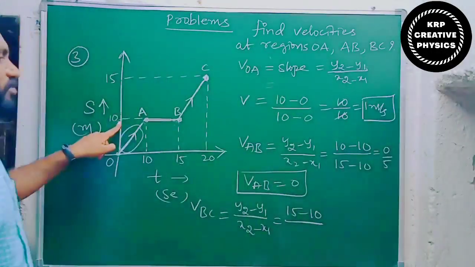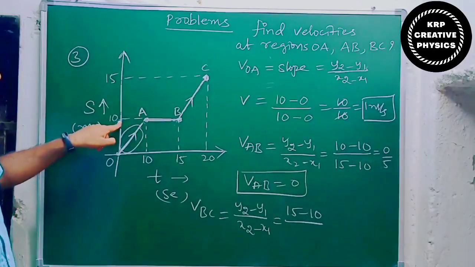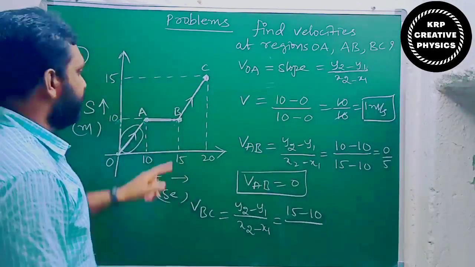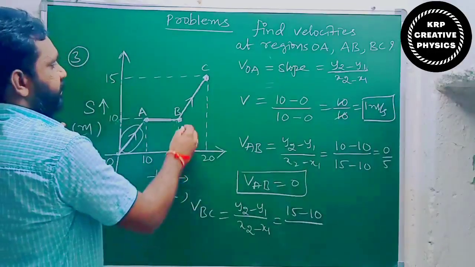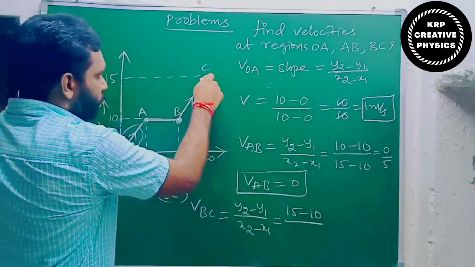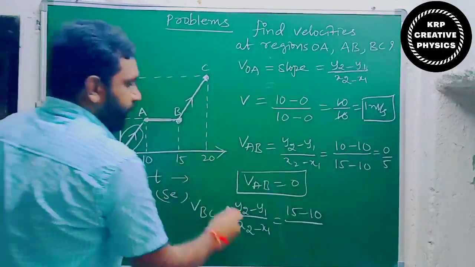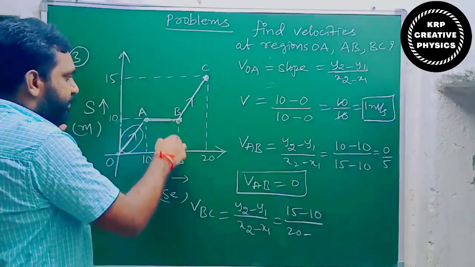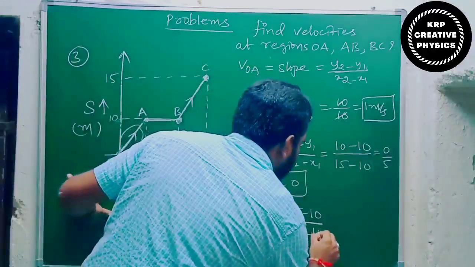In this way we have to consider. Y-axis reading means only we have to observe on y-axis. X-axis reading, the x-axis. That's it. So again, now we need to consider x-axis reading B to C. So what is the corresponding x-axis reading here? 20. So what about at B? What is the corresponding x-axis reading? 15. 20 minus 15.